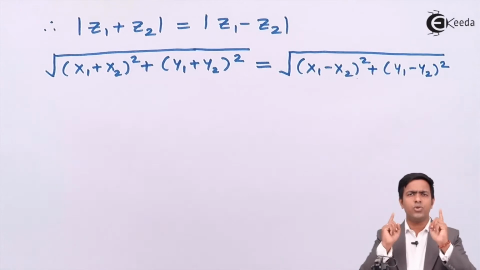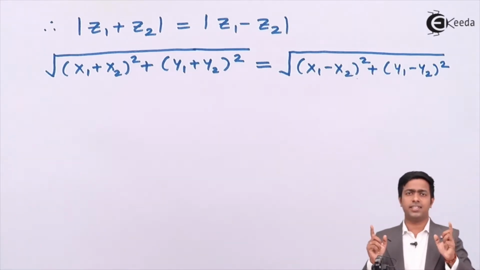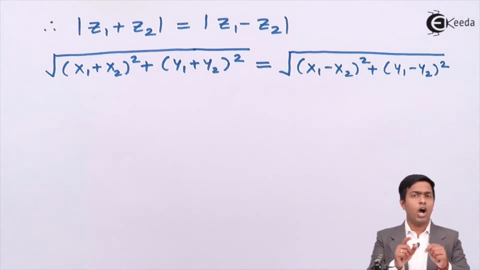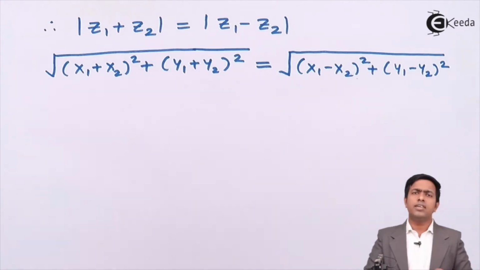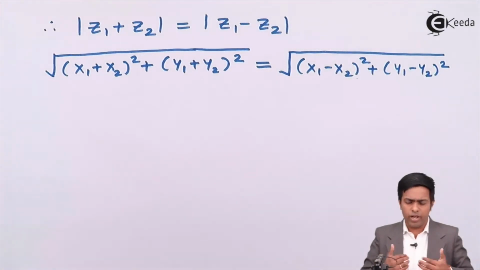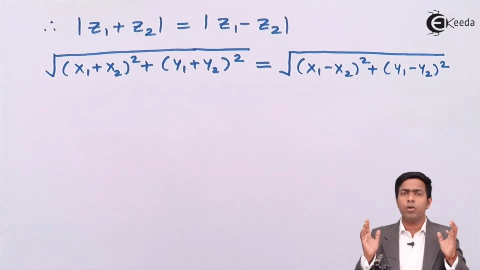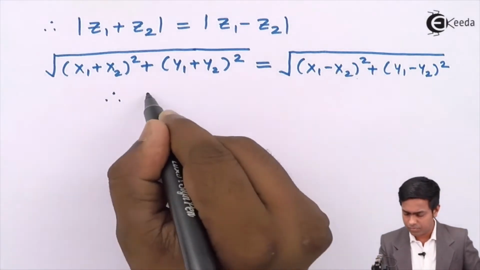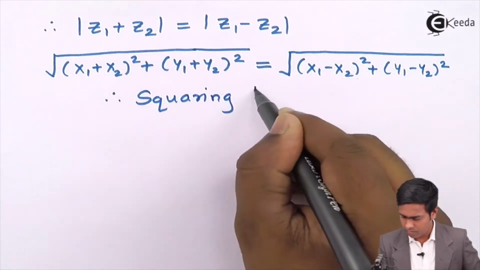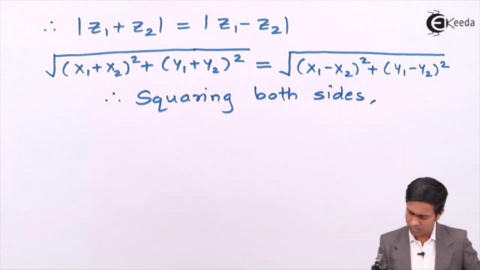So guys, can you see the square root on both sides? Yes. Now how to remove the square root? It's simple, squaring both sides. So squaring both sides, we can remove the square root from both sides. So we get the result as